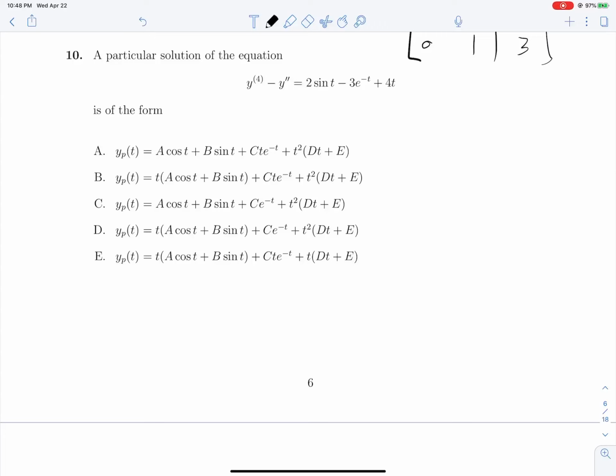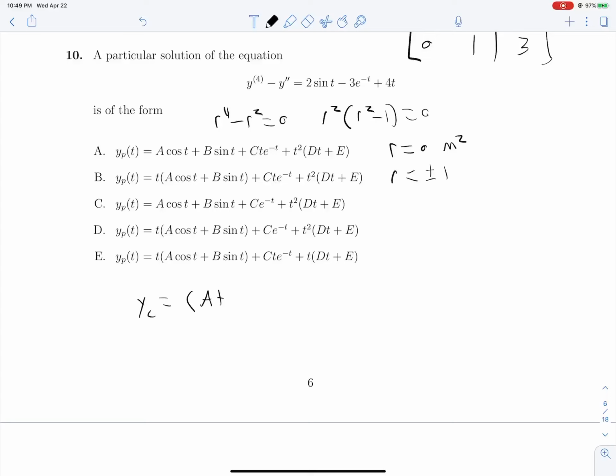A particular solution to this equation is in what form? Let's solve our characteristic equation. That'll help us a lot. R to the 4th minus r squared is equal to 0, or r squared times r squared minus 1 is equal to 0. R is equal to 0 with a multiplicity of 2, and r is equal to plus or minus 1. That means our complementary solution will look like